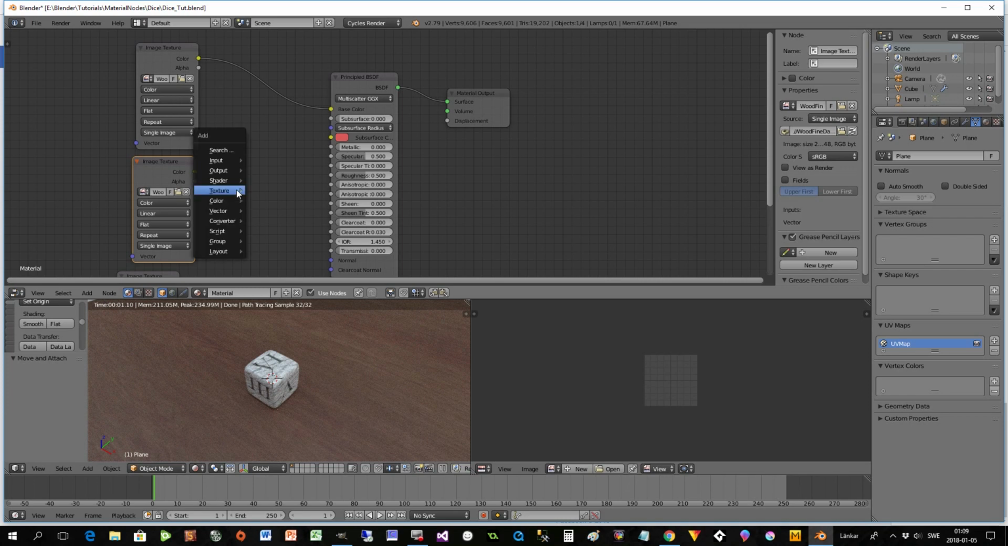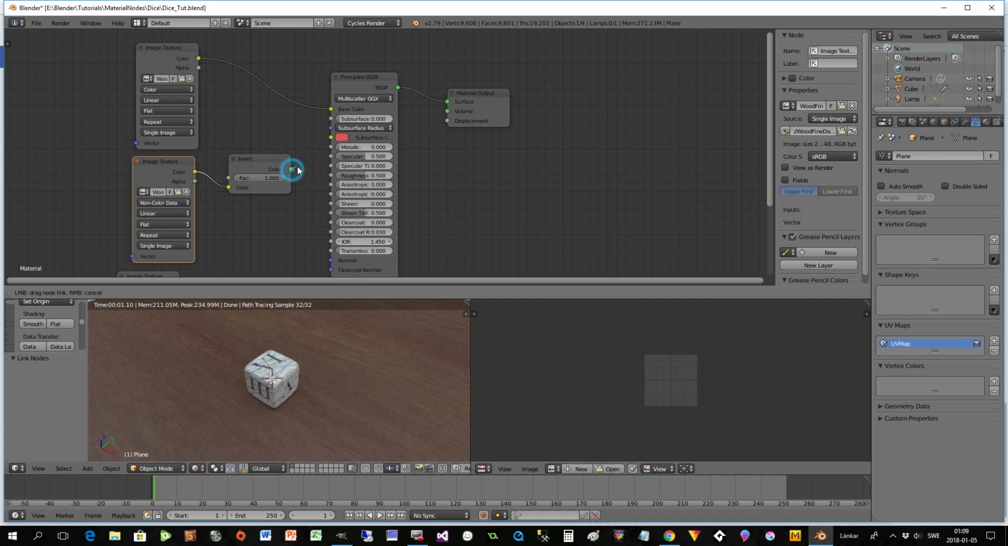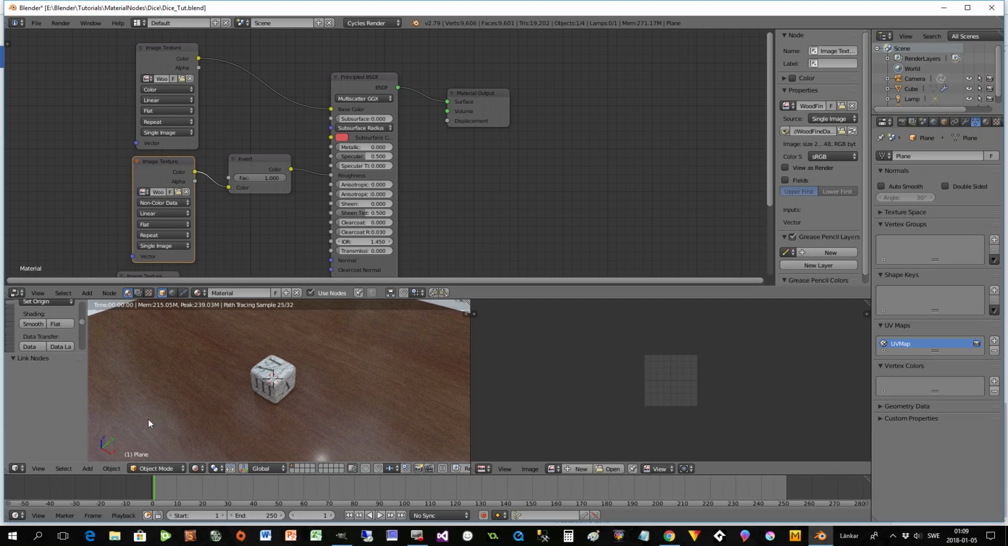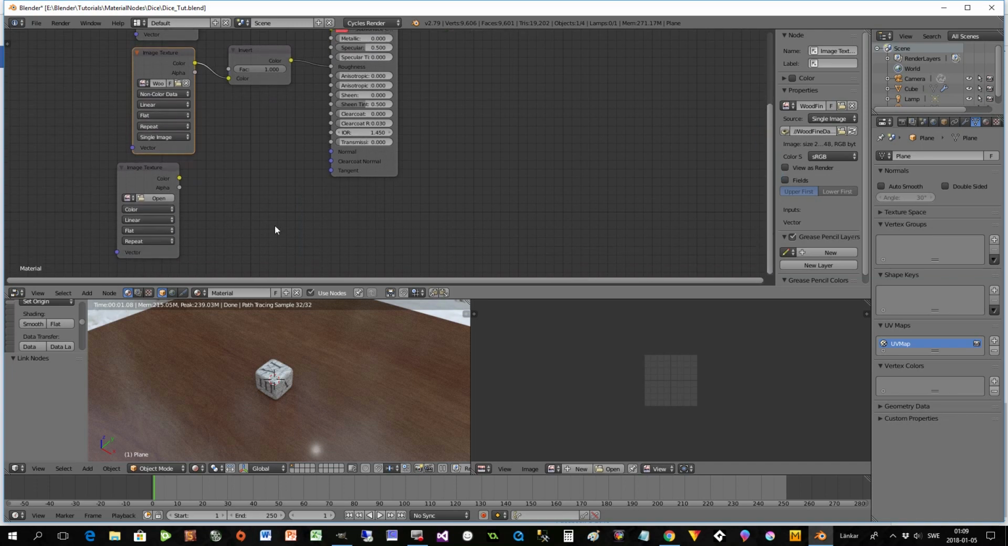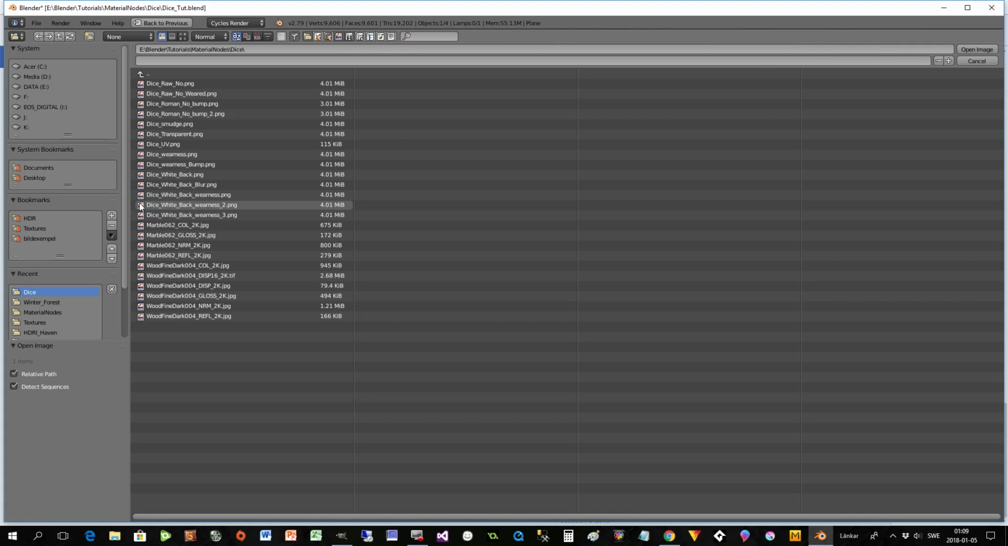And as you remember, we have to do an invert on that one, so color, invert, and put it here, non-color data and put it on roughness. Now you see it's shining good here, but it's looking a little bit flat, so we also need the last one, the normal. So open again and take the normal here